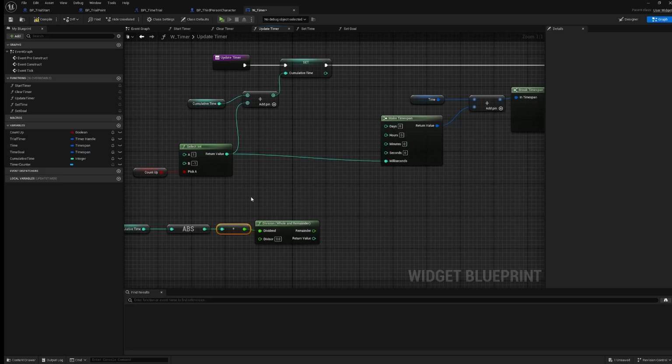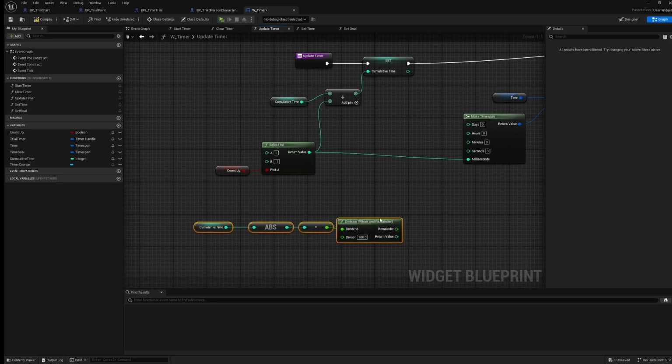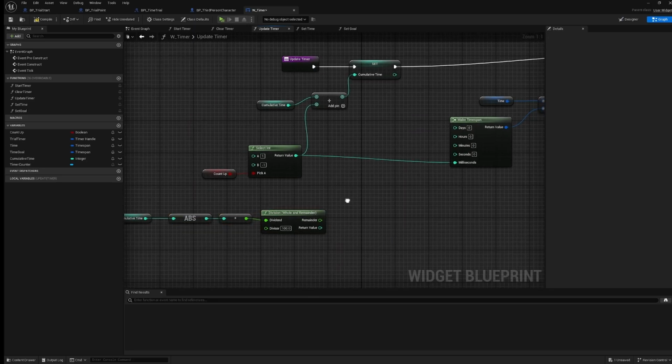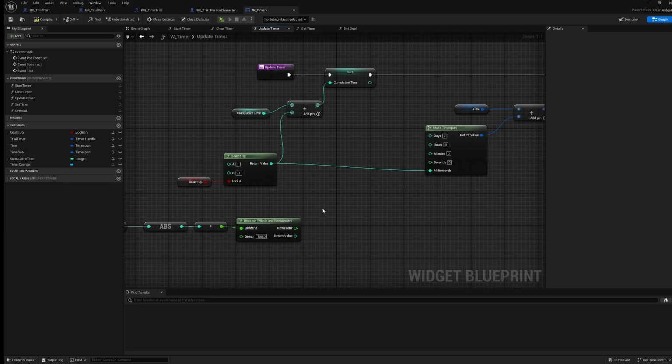And because we're counting 10 milliseconds at a time, our divisor is going to be 100. So if we are able to divide by 100, it means that we've counted up to our timer. So now we can see if this is equal to 0, meaning that there's no remainder,